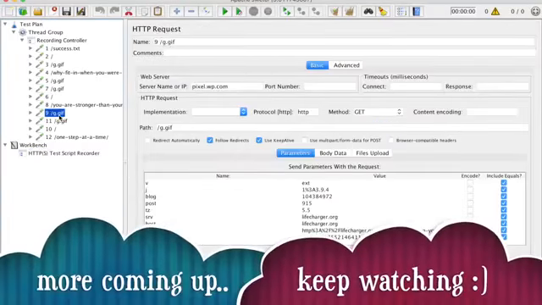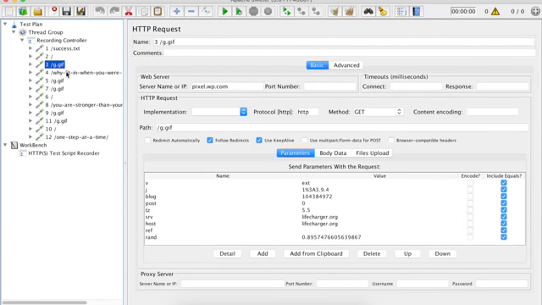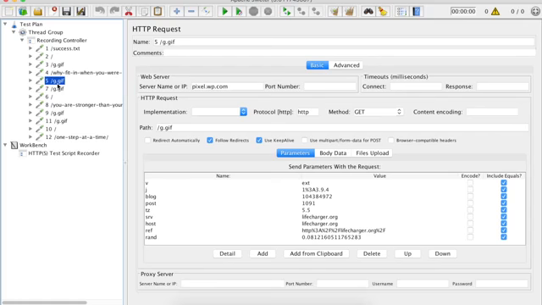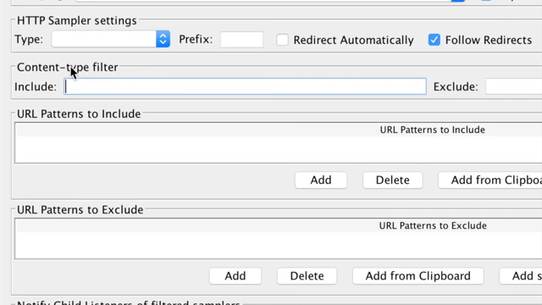Okay, now a couple of useful things. You can see it has recorded some other elements as well which I do not require. All these samples, I just require the main samples, but it has recorded every other action as well. So what you can do is go back to your test script recorder, and here you have this section where we can provide our preferences for including and excluding content. So here you can say,